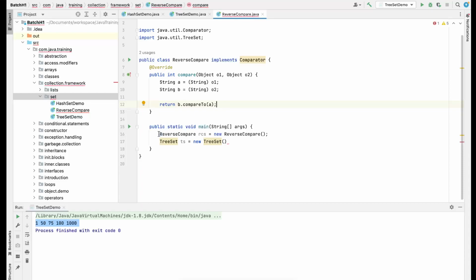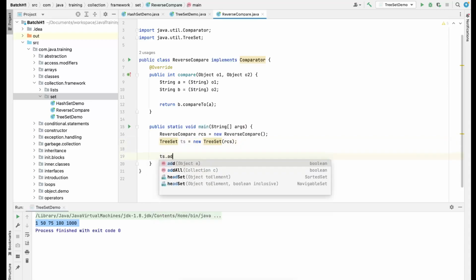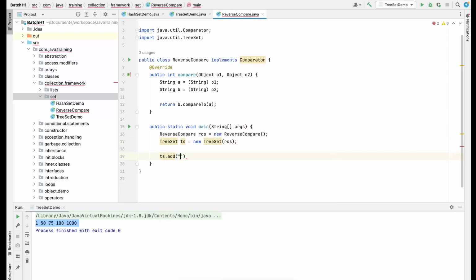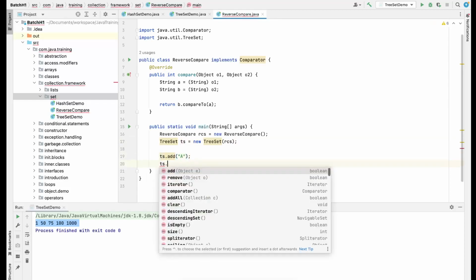order. Now I want to create an object of this, and I will pass this RCS reference in this tree set. So our tree set is basically now using this reverse comparator. Let's say I want to add some things here. Let's say I am adding,